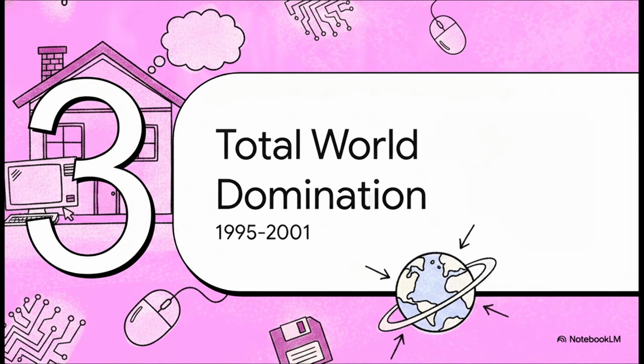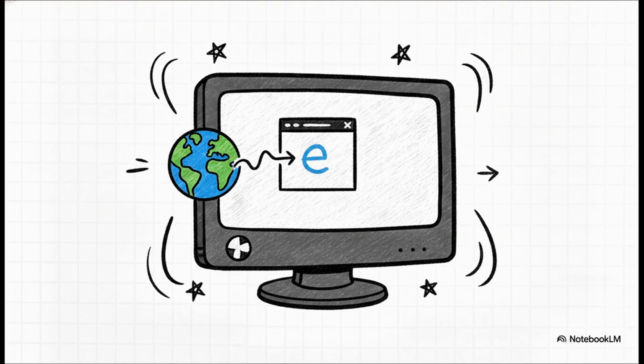And this remodeled house approach brings us nicely to Part 3, Total World Domination, spanning from 1995 to 2001. Entering the mid-90s, Microsoft was perfectly positioned to ride the incoming wave of the home computing revolution. Now, what's really interesting about this slide is that these exact innovations established the modern PC experience that you and I still recognize today. Released in August 1995, Windows 95 was a complete paradigm shift.